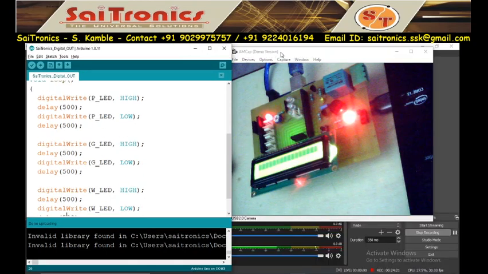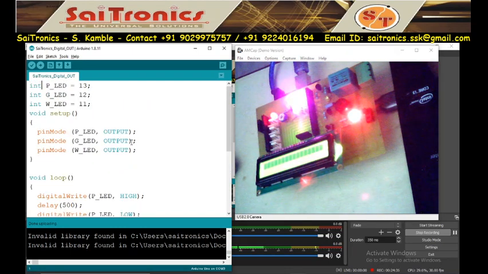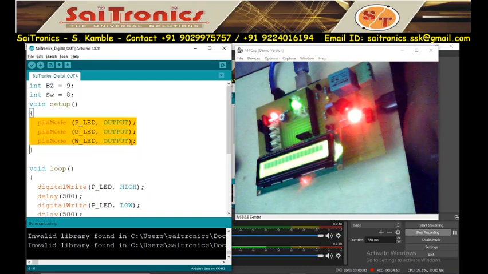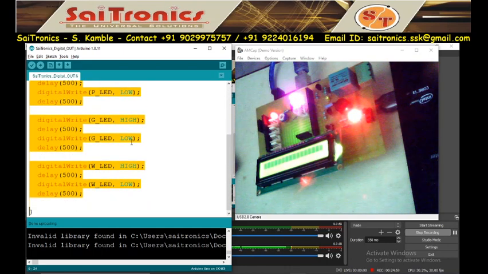Now we will come back to our main session. Now this is digital out. Now we'll write the code for digital in and digital out. So I will make changes in the same program. Here I will use buzzer equal to pin number 9, then switch at pin number 8. I will delete the first code.